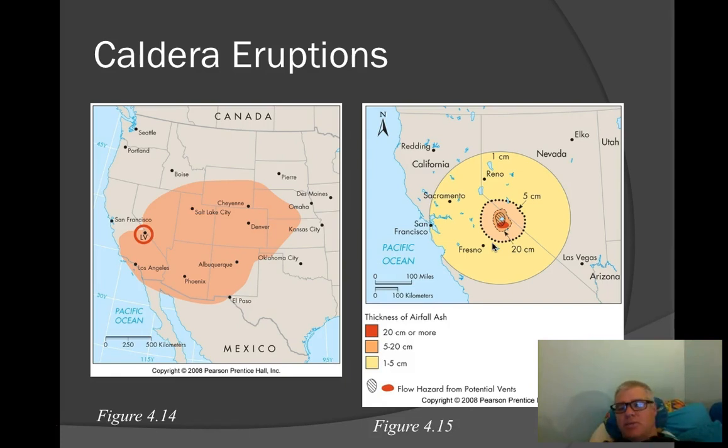Now the other kind of volcanic eruption, which is rare but very, very destructive when it happens, and is also the subject of the video Super-volcano that you're going to watch, is what's referred to as caldera eruptions. When caldera eruptions go off, they do damage over very, very wide areas. They put a lot of stuff into the atmosphere, which has all sorts of climate effects and kills things for a very long way.